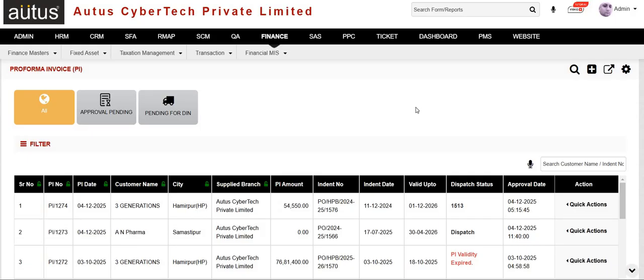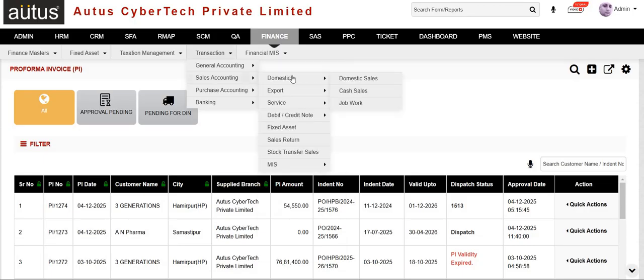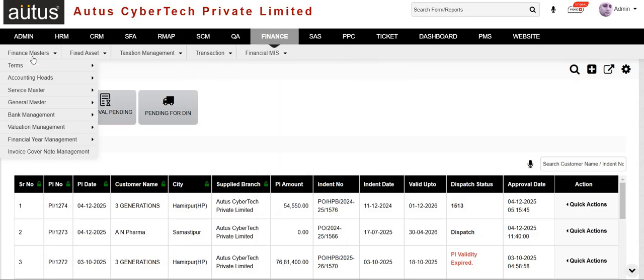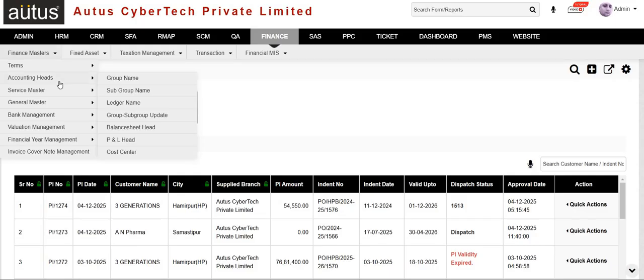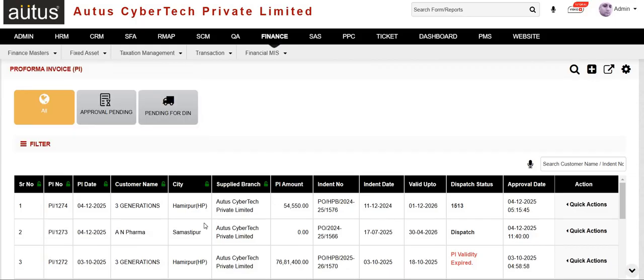And one more thing is important to check before making a sales invoice. First, we have checked that this is the dispatch status. This is the 1513 dispatch number that we will mention in the sales invoice. And after that, before moving to the sales invoice process, we will check the ledger as well. So to make the ledger of the particular customer,